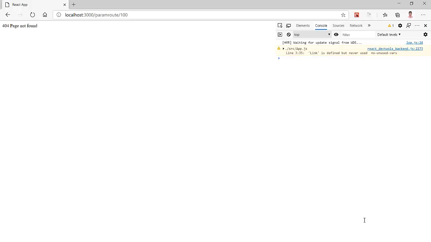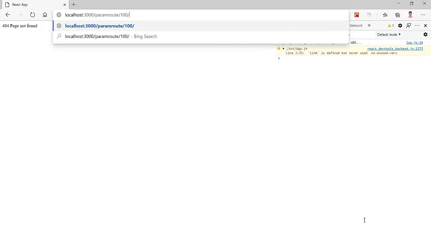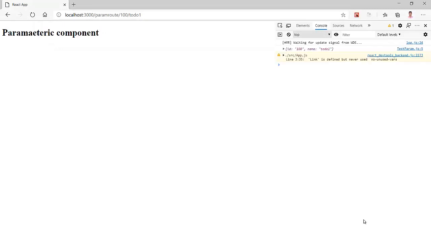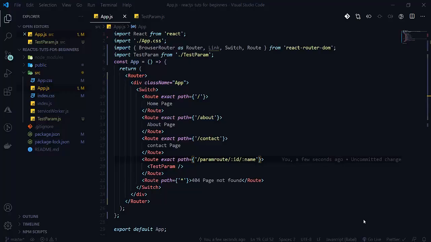Whenever I write this, see that we are not defining any param in the component. Simply write a name like todo 1. When I click here, see that this route matches and we now have 2 params, that is id and name. So let's leave it for id here. You will get to know more about it when we make our project with the REST API. Then we will edit and delete, we will post the data, and edit data also.